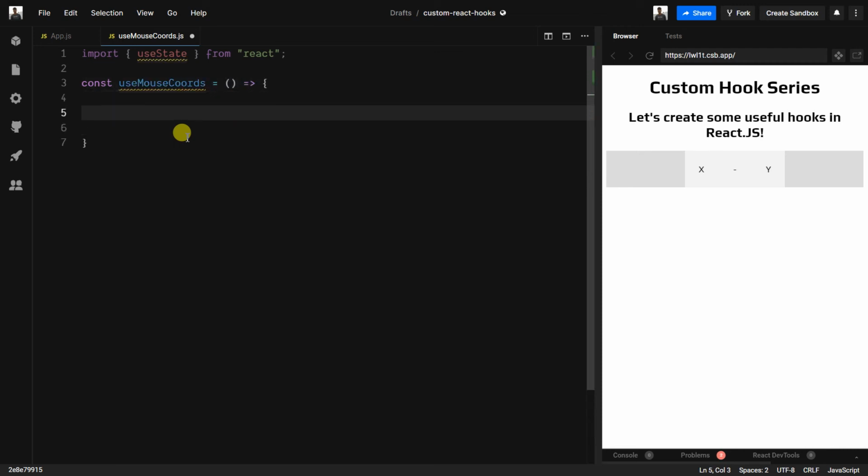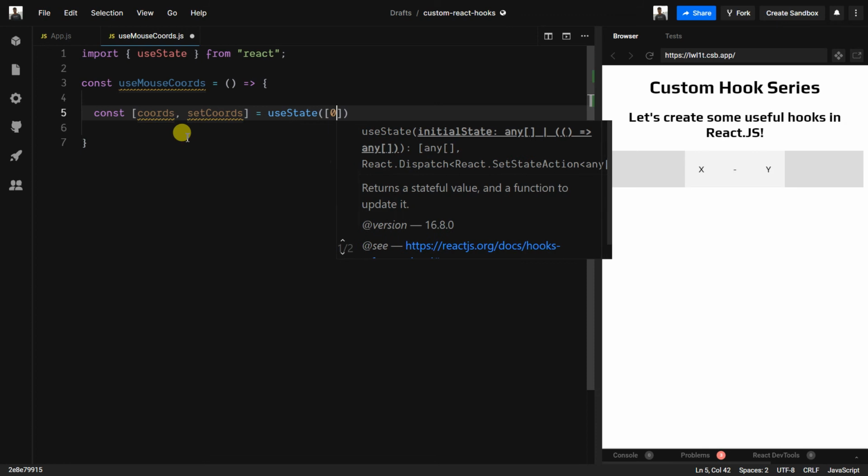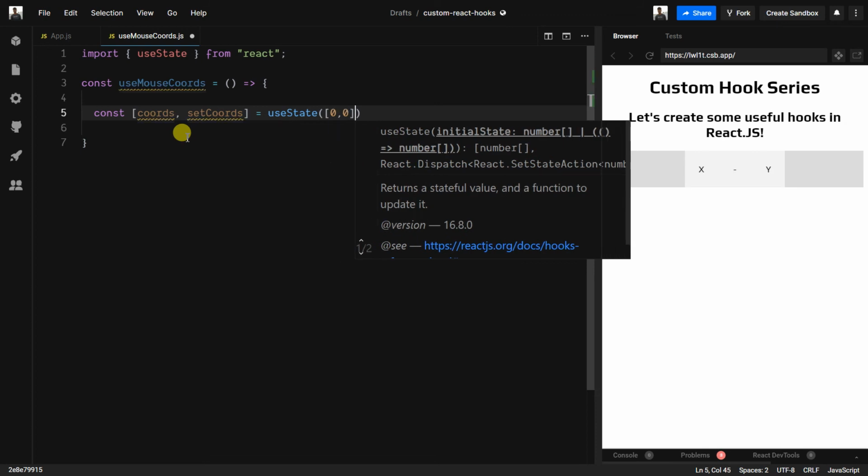And here we can create our state, const coords, setCoords equal to useState, and I'll pass it 0, 0 as the initial argument.